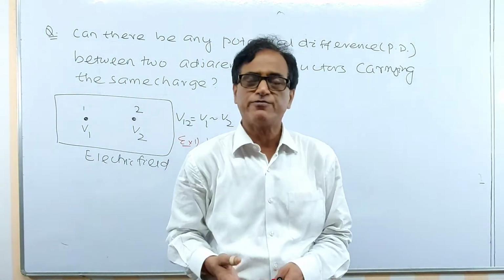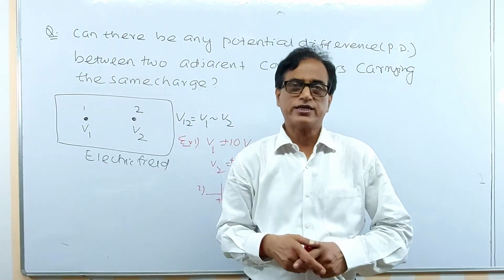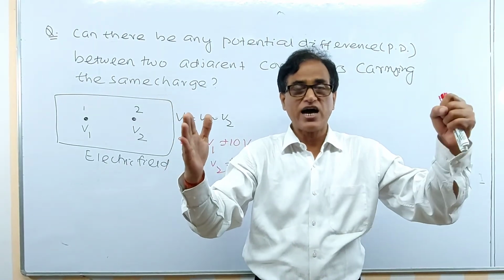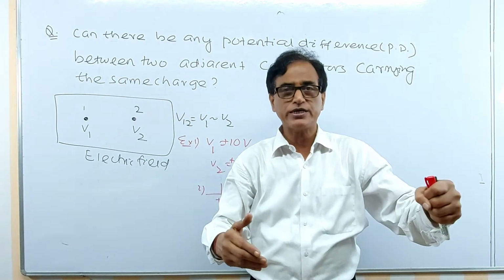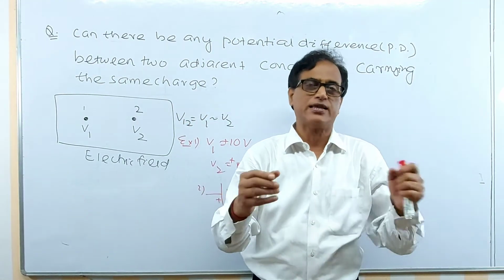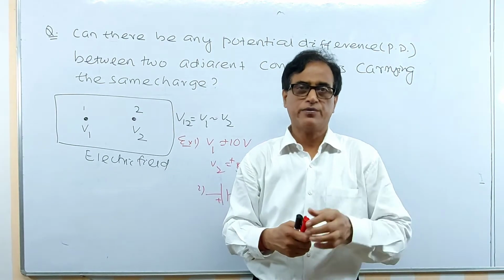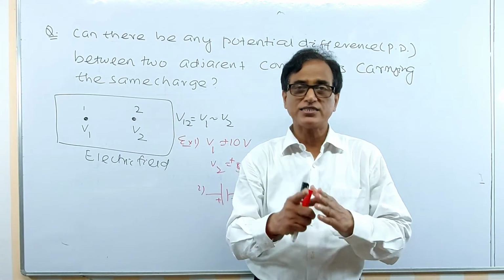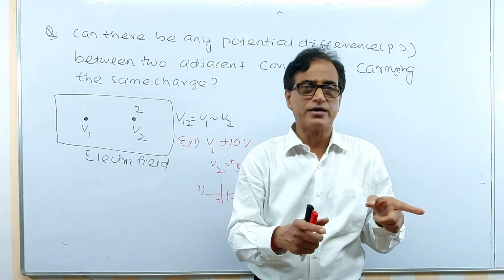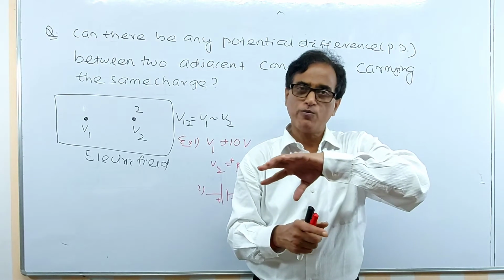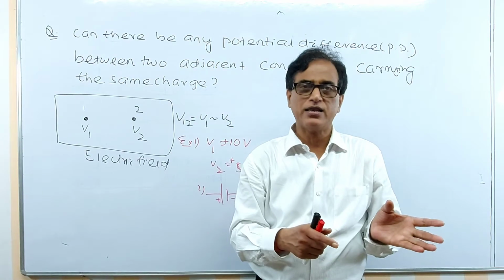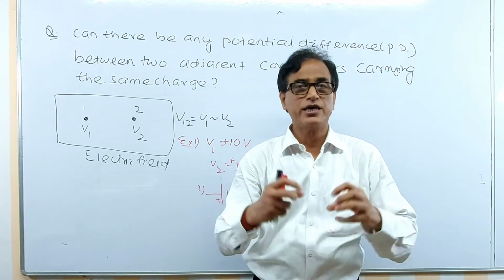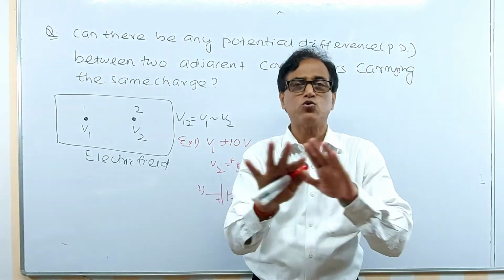I am specifying the potential difference because you know from electrostatics, whenever there is a potential difference between two points, a charge can move from higher potential to lower potential. Charge can flow from one potential to another, as I discussed in the last class on common potential, till both bodies attain the same potential. If there is the same potential, there will be no flow of charge.